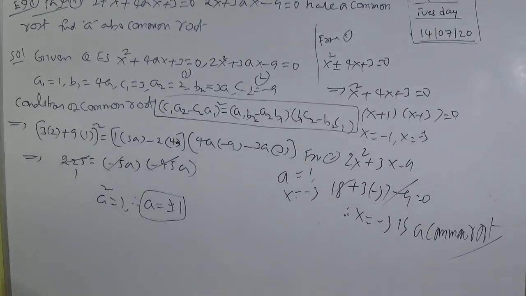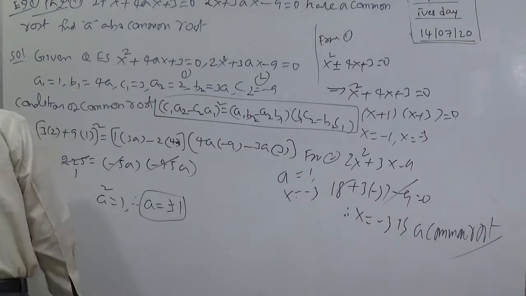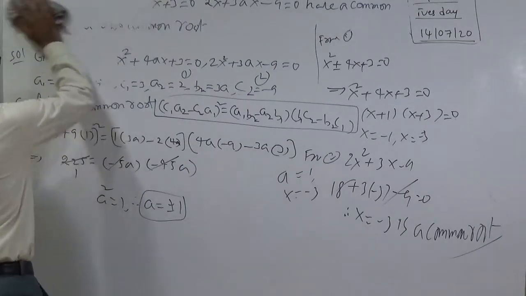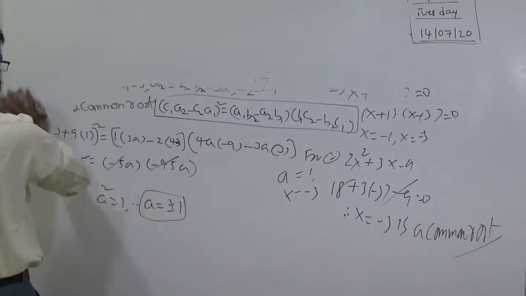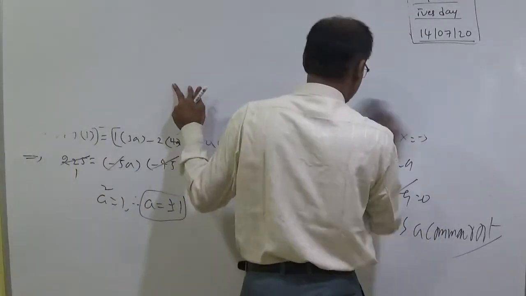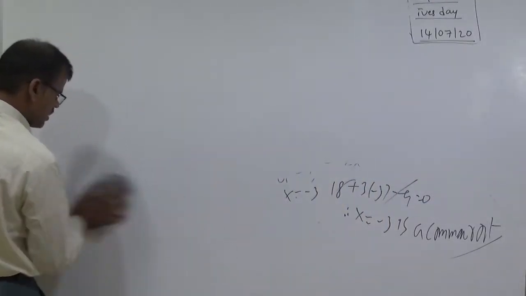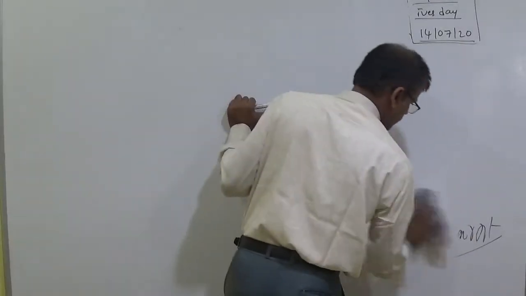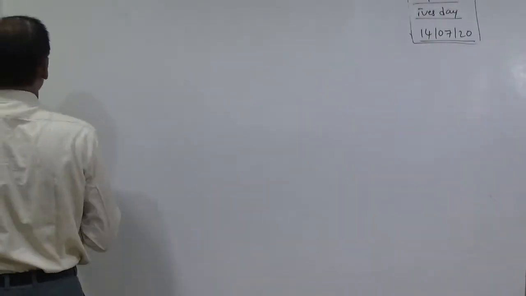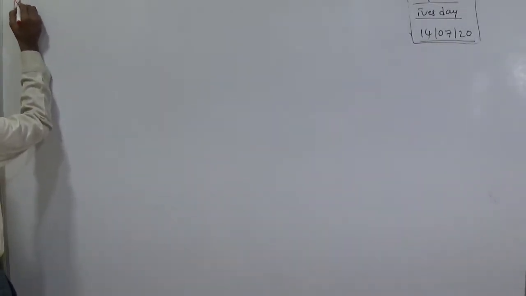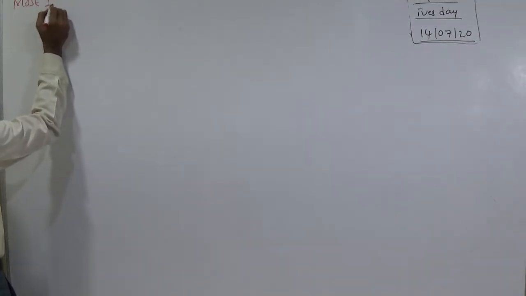Now let us discuss another theorem. Another important theorem depends upon the quadratic expression. This theorem is always useful in each and every concept. Whether algebra, trigonometry, calculus or Rolle's theorem, everywhere this theorem is used. It is the most important theorem, important for 4 marks, and the concept is also important.